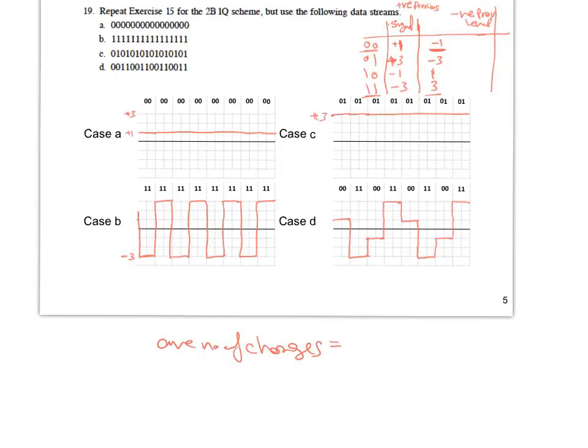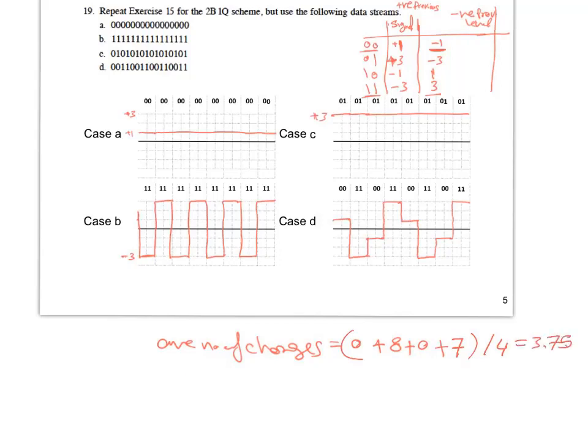For case A, there are no changes, so it's 0, plus, for case B, it's 1, 2, 3, 4, 5, 6, 7, 8, so it's 8, plus, for case C, it's 0, of course, plus, for case D, 1, 2, 3, 4, 5, 6, 7, so it's 7. So this is divided by 4. So this is equal to